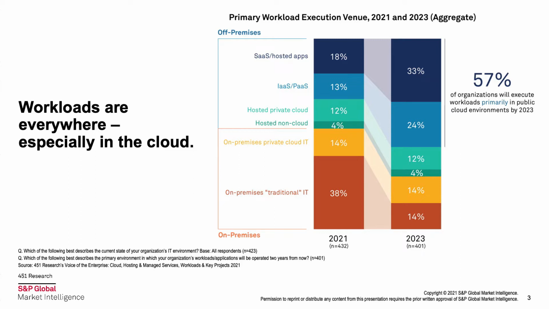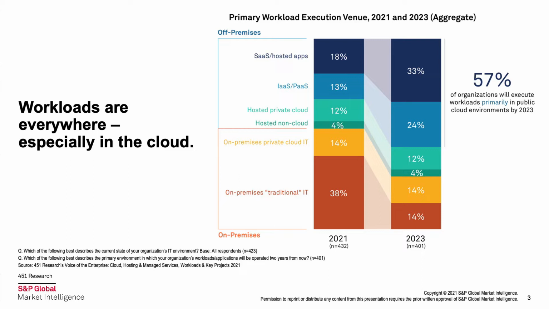The other point I wanted to make was that really the mirror image of that was the rapid decline in workloads that are going to run on-prem. In fact, that's the orange boxes at the bottom if you can't see that. But it's essentially telling us that workloads are going to almost fall by 2/3, from 38% to 14%